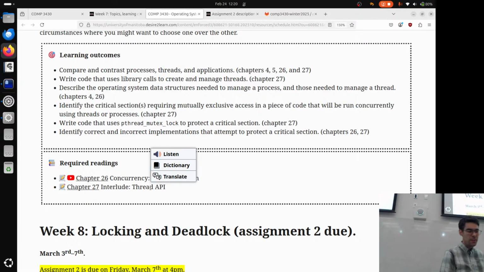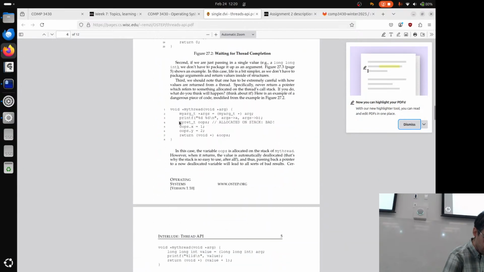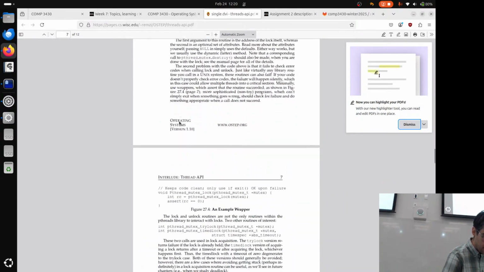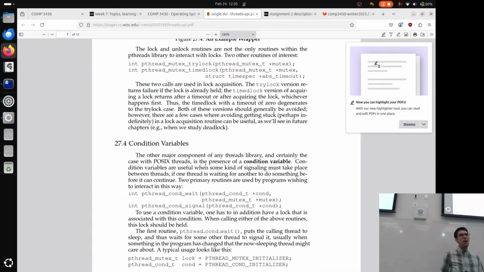But the one part that's unique to this chapter is, I'm going to go way, way down here to not locks, but condition variables. This is a section that's not really covered or described in the other chapters of the book. So that part specifically is something that is unique to just this chapter. We'll talk about them in class, but this is unique to just this chapter.